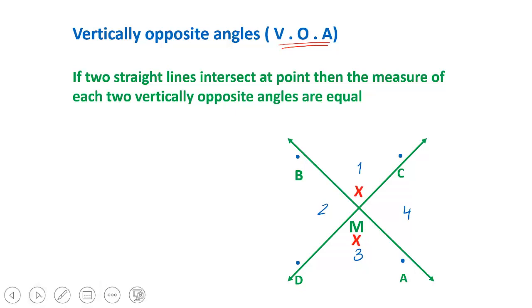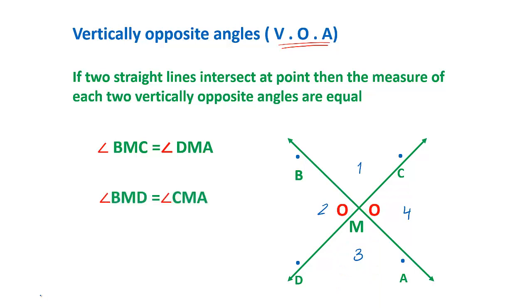So here, I will have angle BMC equal to angle DMA, since they are both vertically opposite to each other. And also, I'm going to have angle BMD equal to angle CMA, since they are also vertically opposite to each other. So then, when I have 2 lines intersecting, this means that I will have each 2 opposite angles equal